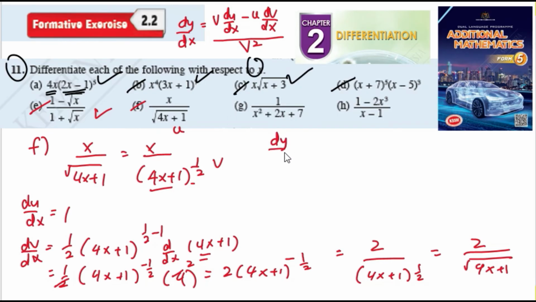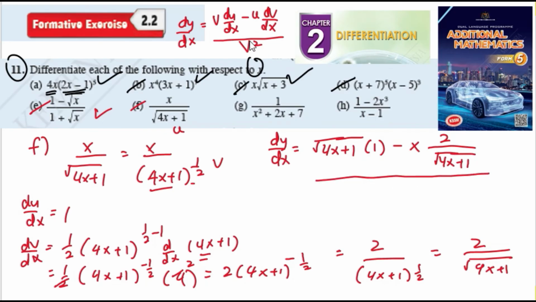So here dy over dx is equal to, so v is equal to this one, cube root of 4x plus 1. du over dx is equal to 1 minus u, which is equal to x. dv over dx is this one, 2 over cube root of 4x plus 1, divided by v squared. So where is v? So v is this one. So cube root of 4x plus 1